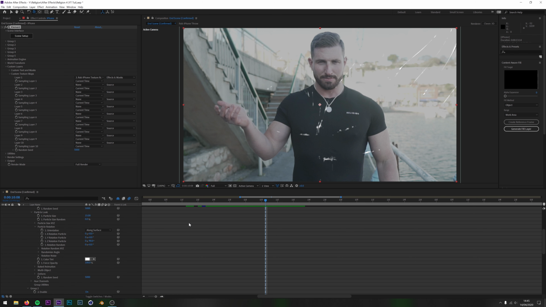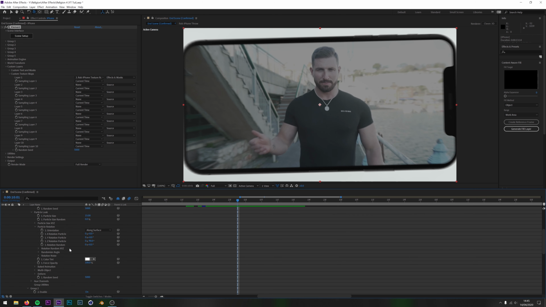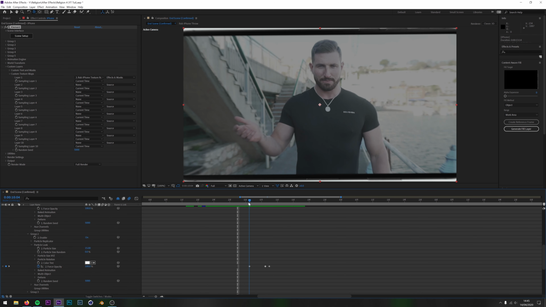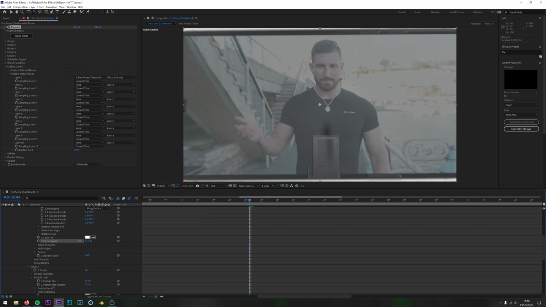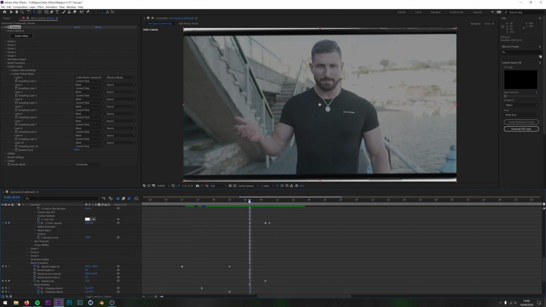However, if I was to drop the opacity of group 1 instead, then you'd see the phone disappear as it got closer. And we obviously don't want that. We just want the glass disappearing, which is why this is on a separate layer.